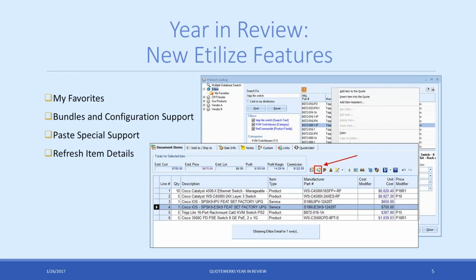So that is supported now. You can also pull items into your bundles and configurations from your My Favorites folder as well from Utilize. Paste Special support. This is another new feature that takes advantage of Utilize when you are using the Paste Special